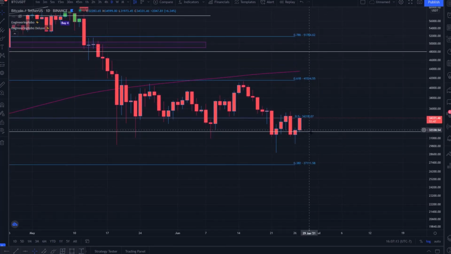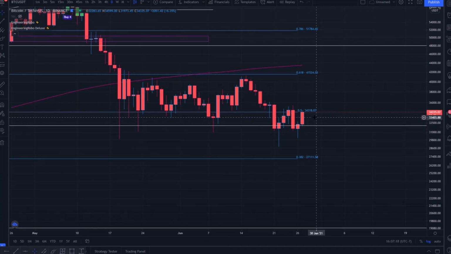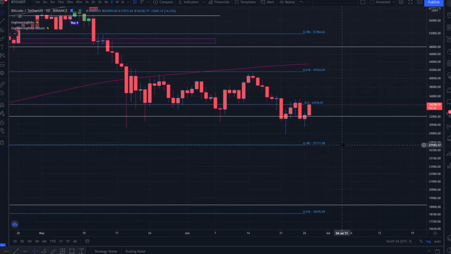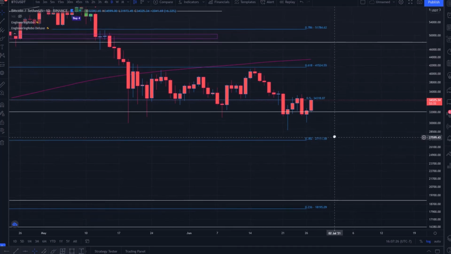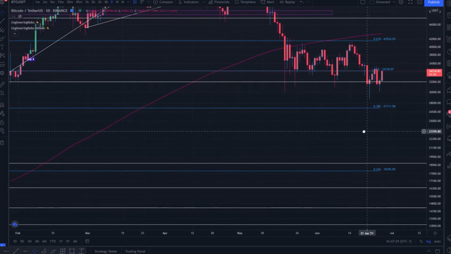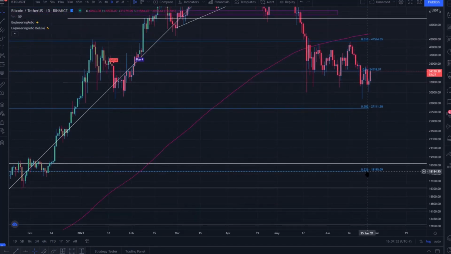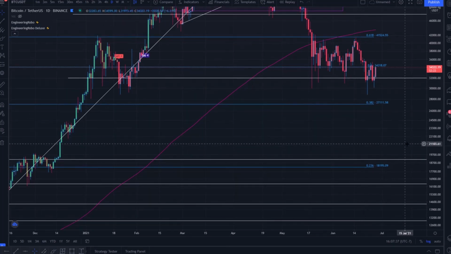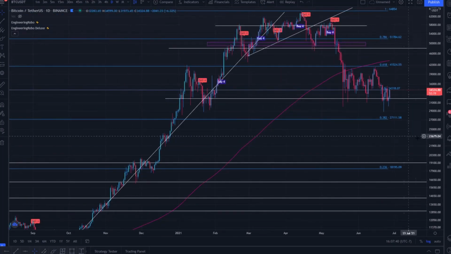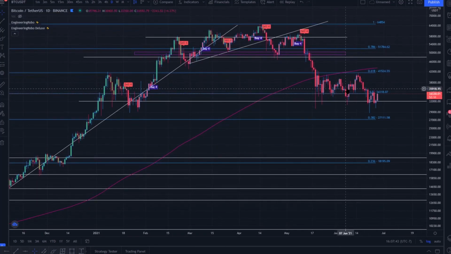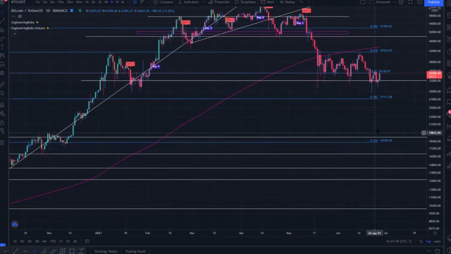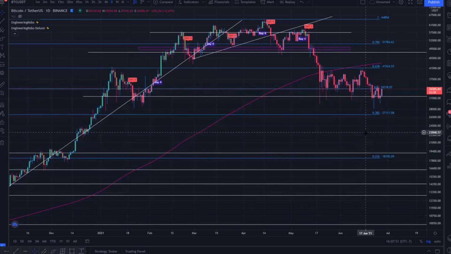We do appear to be finding support and another attempt to solidify 32K as a bottom. Although if the 0.5 Fibonacci line slaps us back down, we could very much break that level and head to my short-term bearish target, the 0.382 Fibonacci line at 27K. Failure to hold that range will likely bring us all the way down to a more fearful target of the 0.236 level at 18,195. So fearful, I mean, because perhaps new investors, new buyers might be quite shook from that quite jarring price dip from the all-time highs that they might have been recently investing in. Although I do believe that would be the most long-term bullish thing that could happen for Bitcoin. So lots going on at the moment.